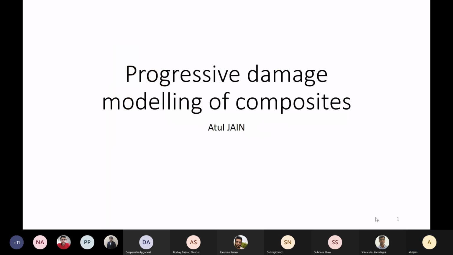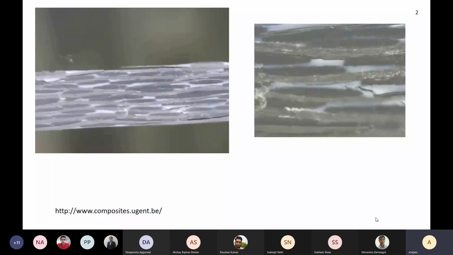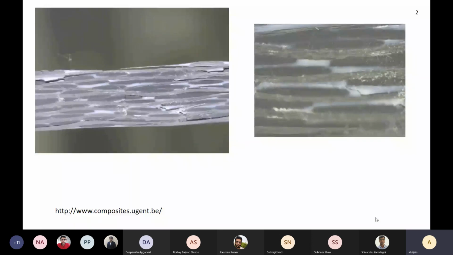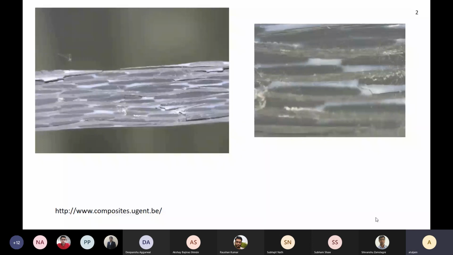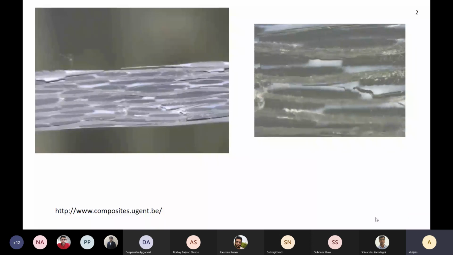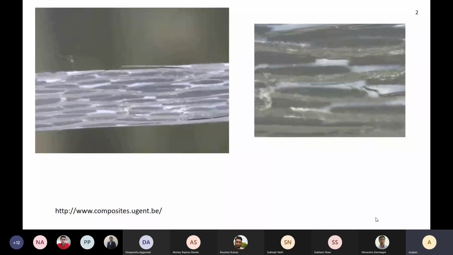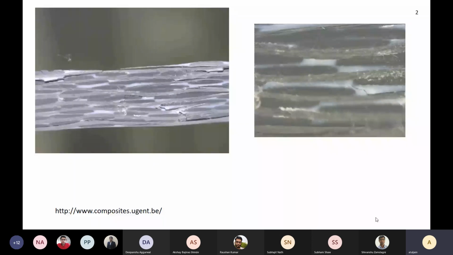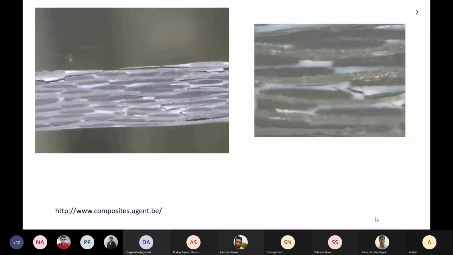So a few weeks ago, we had discussed this GIF image. Basically, by looking at this GIF image, you can see that even if there are certain damages, my composite can still have some structural integrity. It is still not going to break into two. Now, the problem is that the theories of failure that we learned only tell us the onset of damage. They don't tell us about progressive damage. Also, if I have multiple lamina in a laminate, one lamina failing does not mean that my laminate has failed. So how do we deal with situations like this?